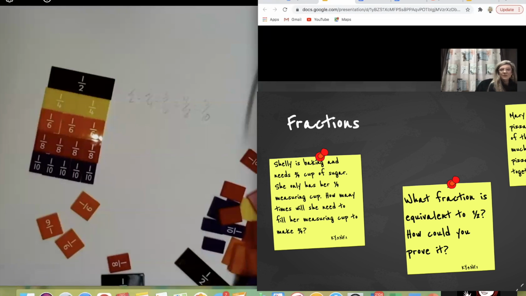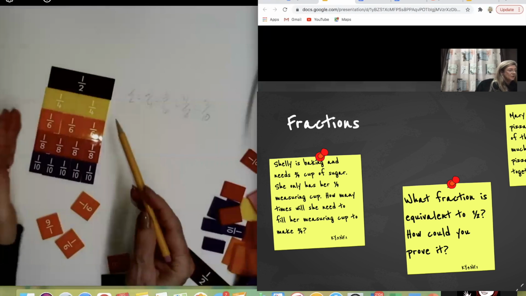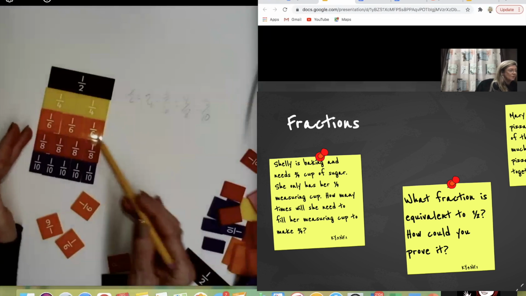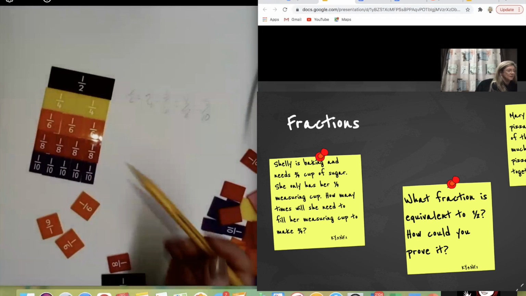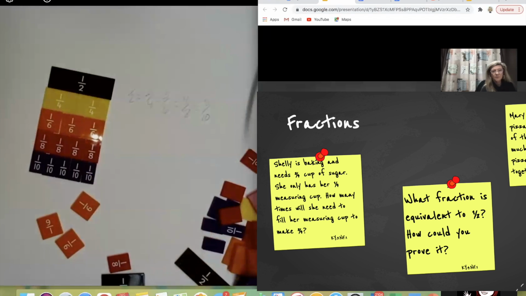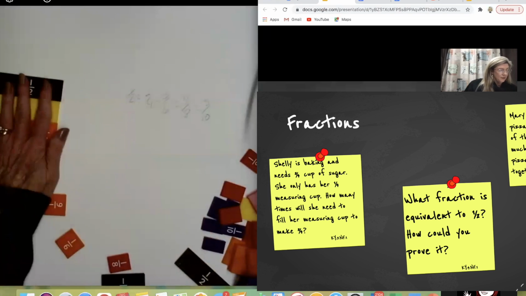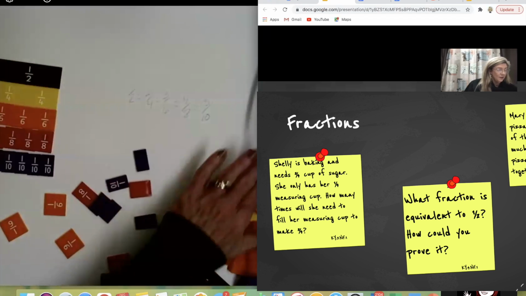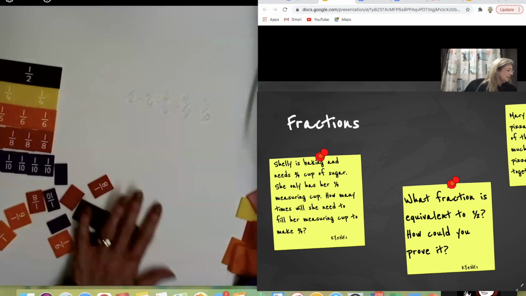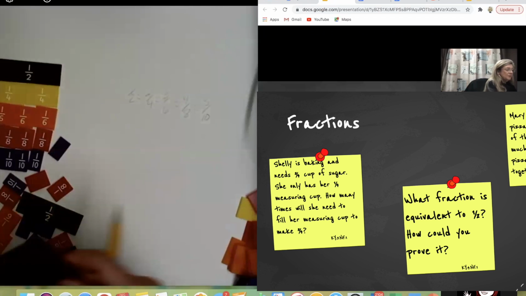If we wanted to do the semi-concrete, we could actually draw these and make our little rectangles and label them: 1/4, the 6ths, the 8ths, and the 10ths. Okay, so that's one way. That's one tool that they could use. It's probably the best tool for our kiddos because they're labeled. But if they're ready, and if they can, then they could use this tool.